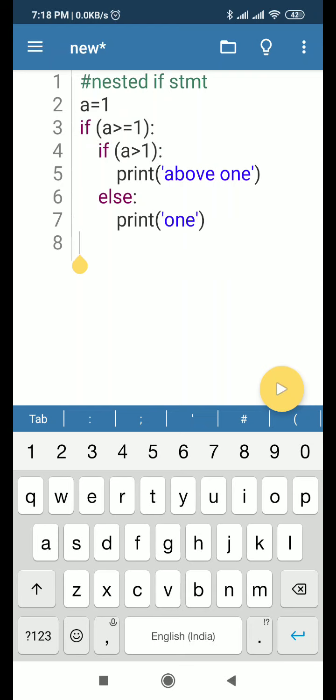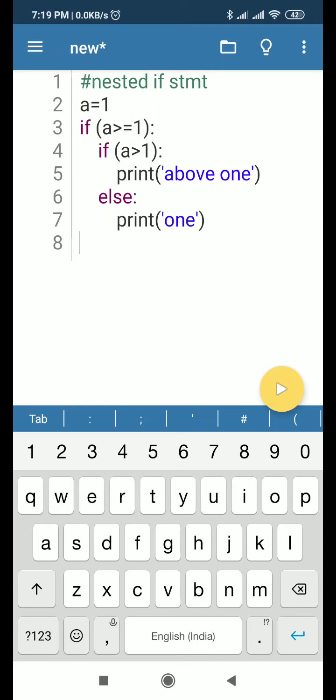So this is the way we can write a nested if, where a main condition is there which is going to check a is greater than equal to 1. Here both the two cases will be true. Either the value of a is greater than 1 or it is equivalent to 1.